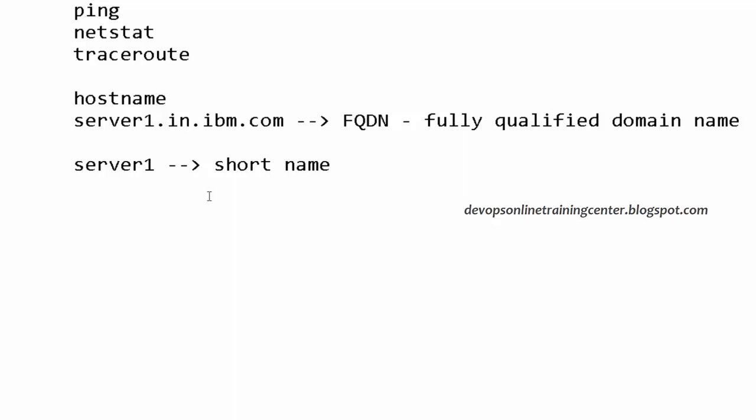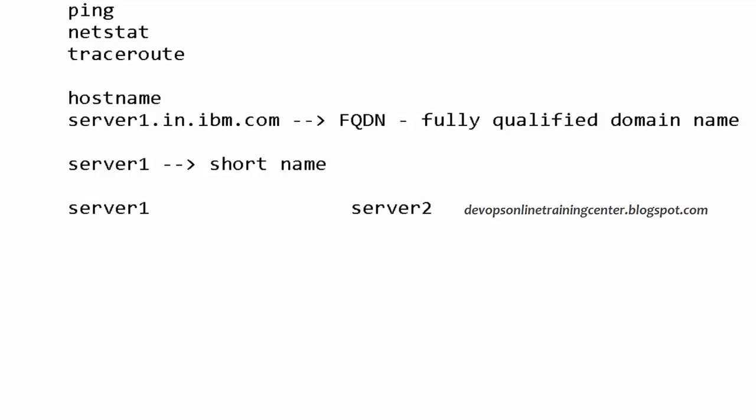Let us say there are two machines, server1 and server2. For some reason you are not able to connect to server2. Now I want to start debugging, like whether server2 is up and running or if there is any problem, why I am not able to reach it. I just ran ssh -l root to server2 from server1, and it says connection refused or timed out. So how do I debug?